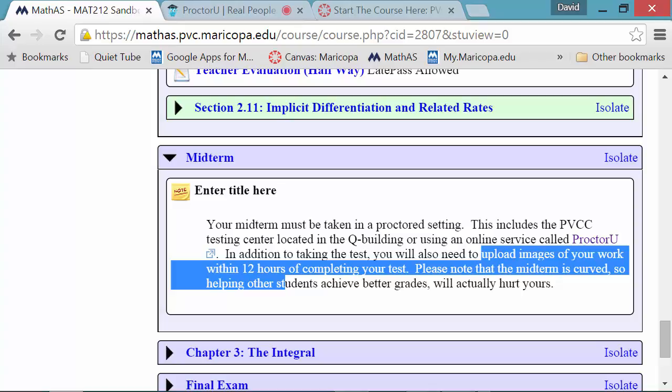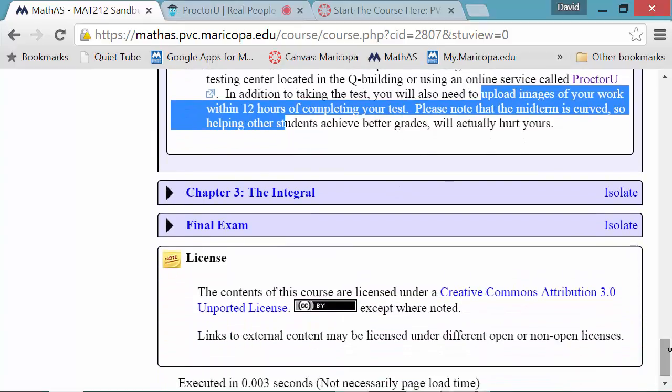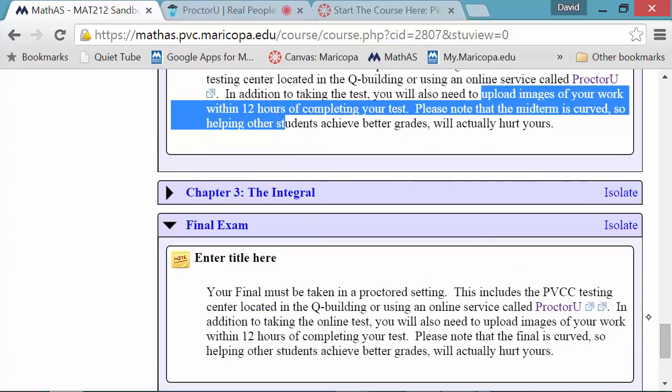So I don't want you to miss a problem. I don't want you to fail the class because you missed a negative sign on one little problem. It's that kind of thing. I want to be able to go through your work, see your process. So for the midterm and for the final exam, you are required to show me your work. Okay, and so you'll see the final exam has that same verbiage right here,